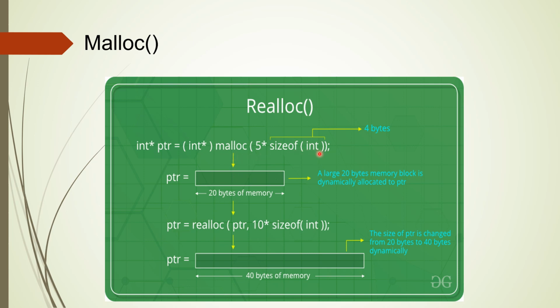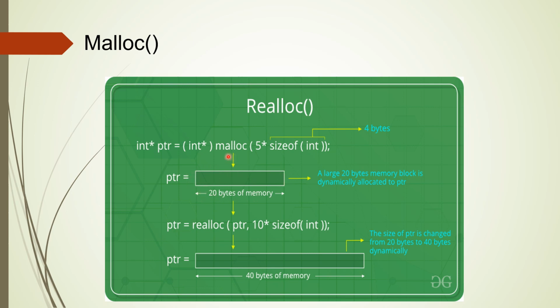One thing you should keep in mind with respect to the dynamic memory allocation technique is that this malloc function is going to create a nameless block. There is no name to this dynamically created block, and then the malloc function will return the address of the dynamically created block. As I already mentioned in the previous slide, each and every created memory block will be associated with some base address.